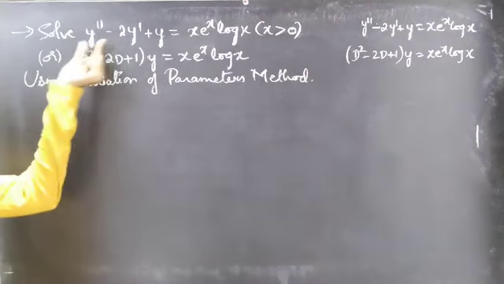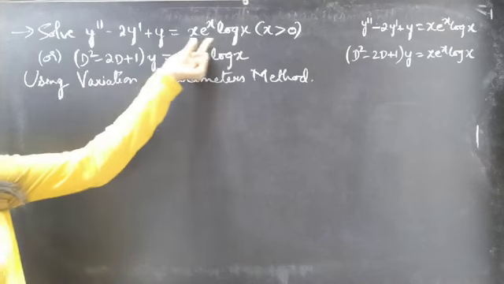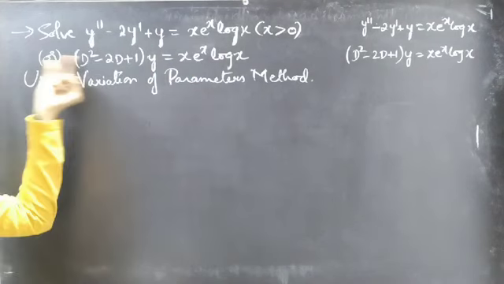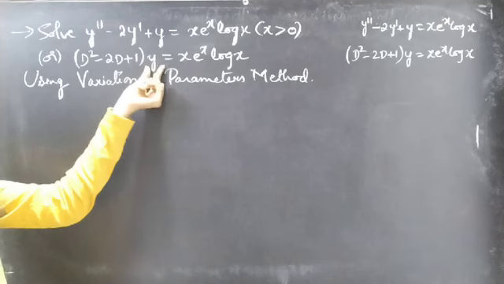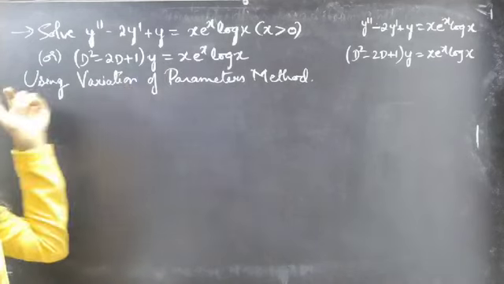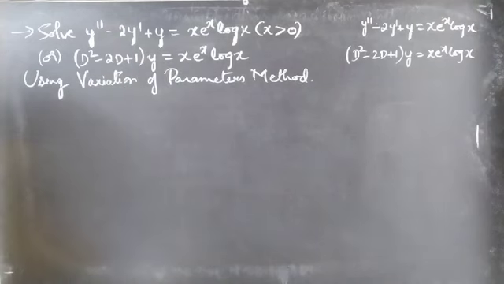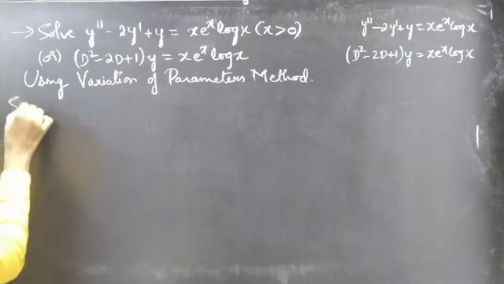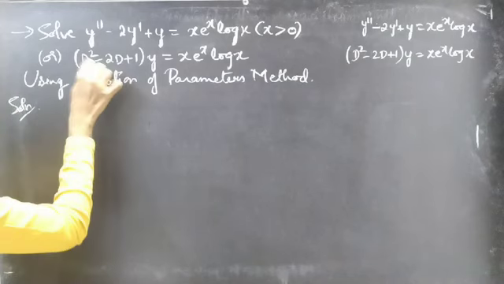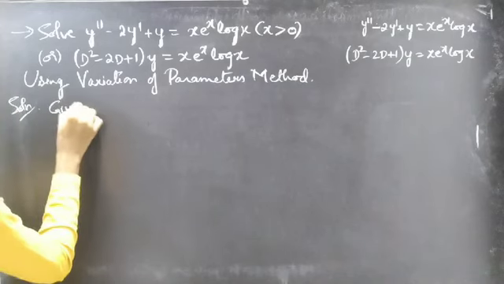Problem: solve y double dash minus 2y dash plus y equal to x e power x log x for x greater than 0, or D square minus 2D plus 1 of y equal to x e power x log x, using the variation of parameters method. We are given a differential equation of order 2. Given differential equation,